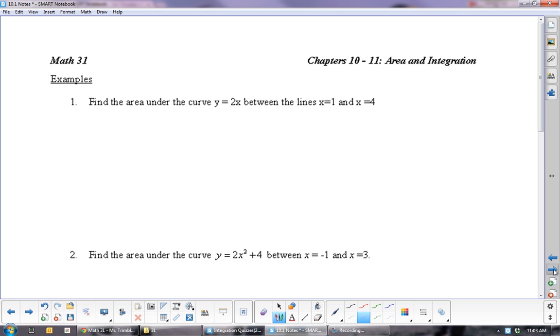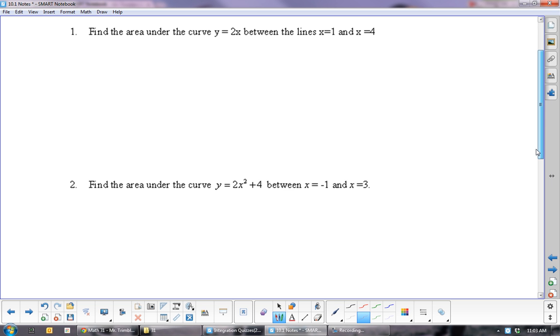Okay, so let's do some. You can start to see this stuff's not as bad as the last 2 pages make it look out to be. Okay, it says find the area under the curve y equals 2x. Okay, so we always want to do a diagram for these. And between lines 1 and 4. Okay, so we would have